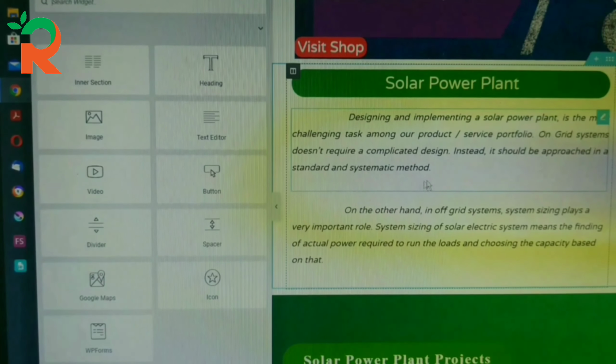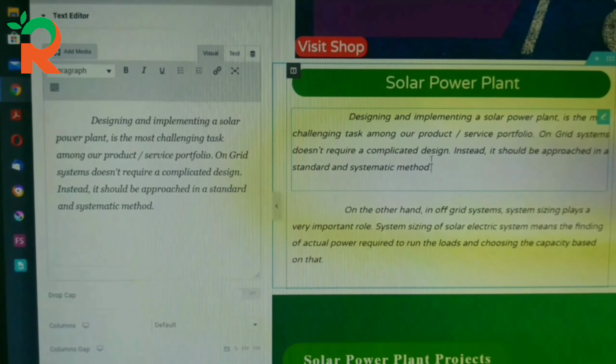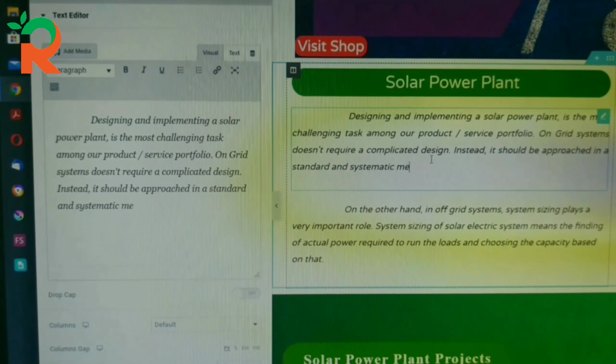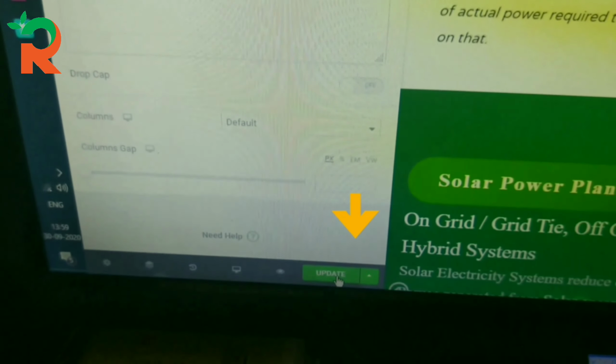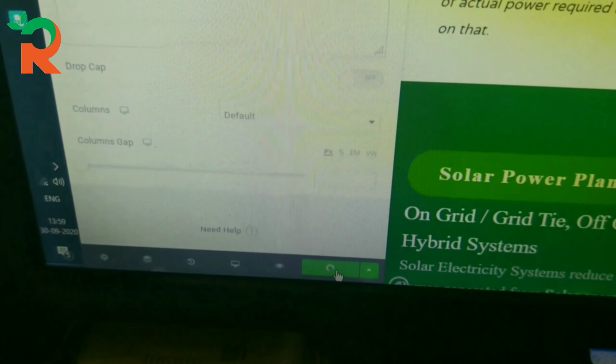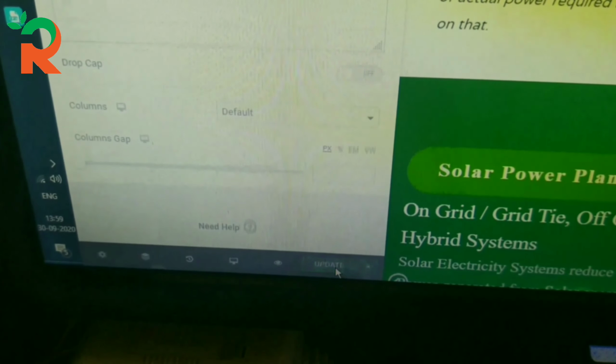Okay, let me make a change here. Earlier, whenever we made a change, the error message popped up, but now let us see what will happen. I am going to delete this word, method. Okay, and then I am going to click the update button. Here I clicked on the update button and it simply saved.